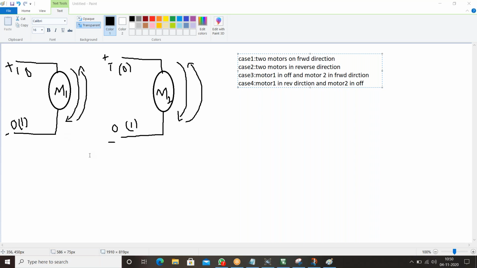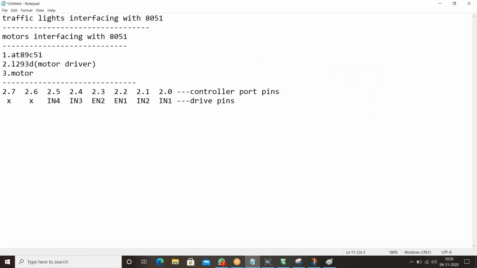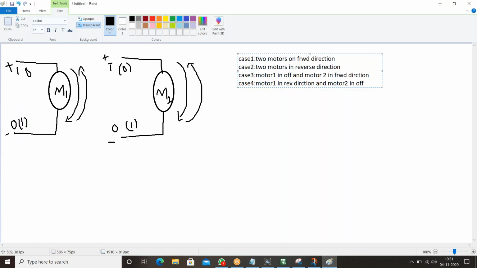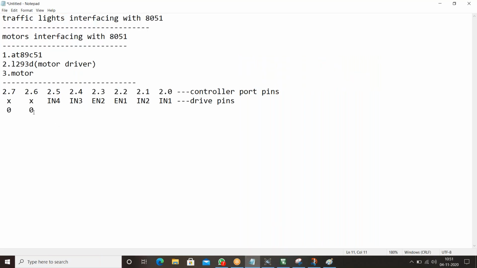So input 1 should become 1, input 2 will become 0, and the enable pin obviously will become high, that is 1. Like that, enable 2 will become high, input 3 will become high, input 4 will become 0.